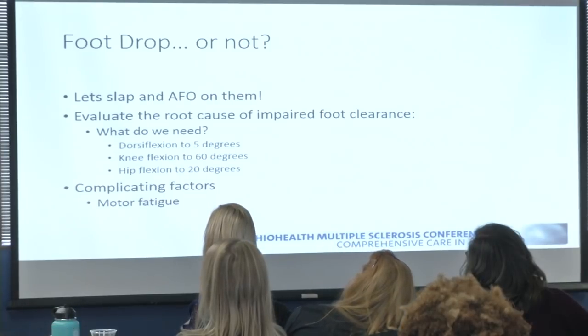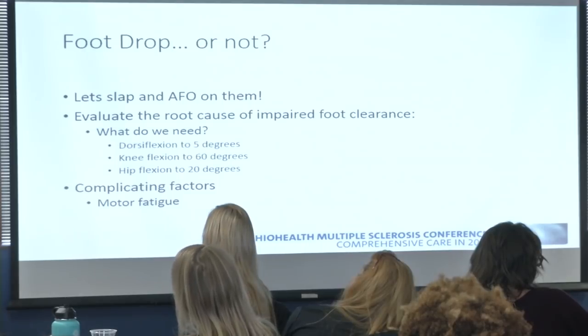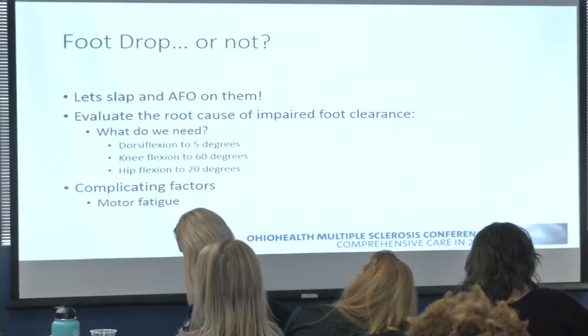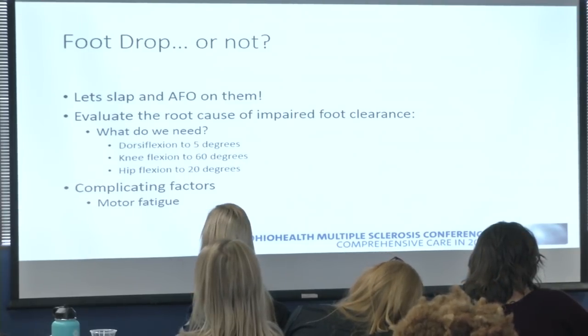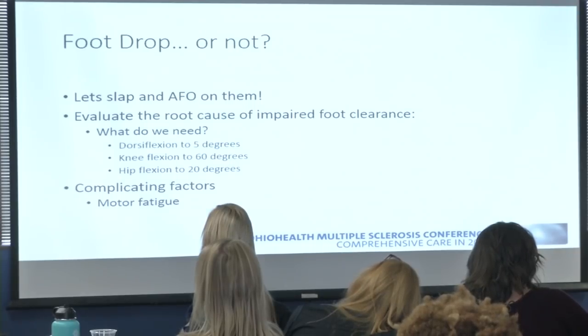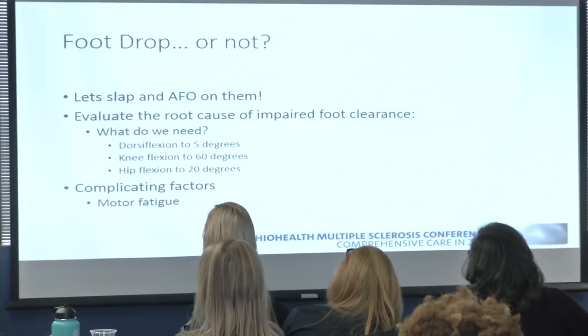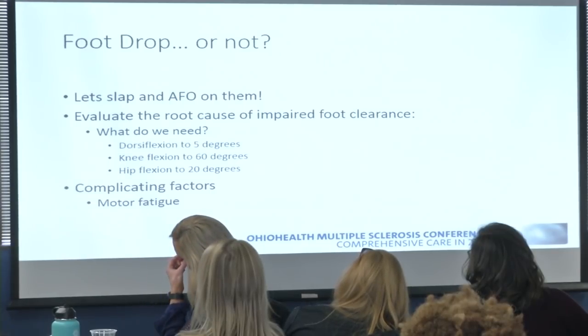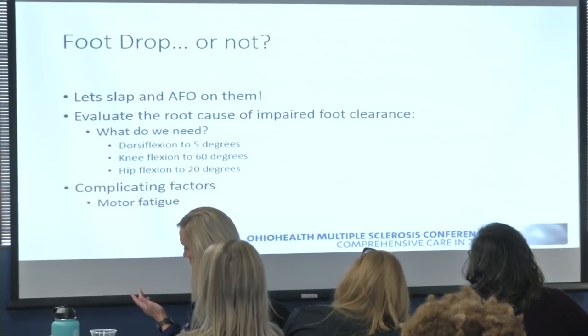So we need to evaluate what's going on, and we know that we need dorsiflexion, we know that we need knee flexion, and we know that we need hip flexion. But even if we can achieve all of those things, there's often the complicating factor of motor fatigue. So if we just write a script for an AFO and we send them to an orthotist, the orthotist is really, really good at making braces. But what they don't have the expertise in doing is evaluating what's going on. And they don't have the expertise to understand motor fatigue. So this is where we need to combine our physical therapy assessment with the skills of the orthotist